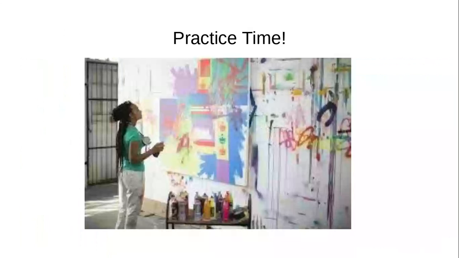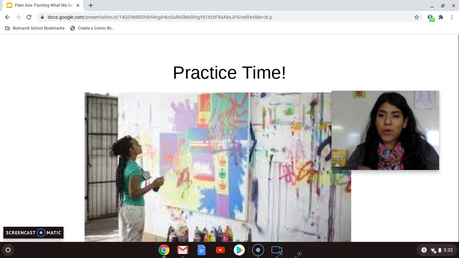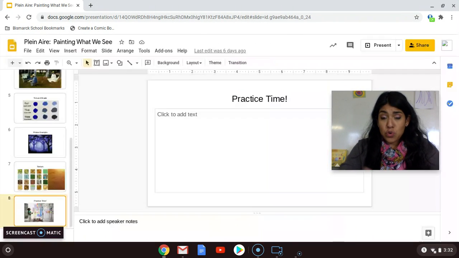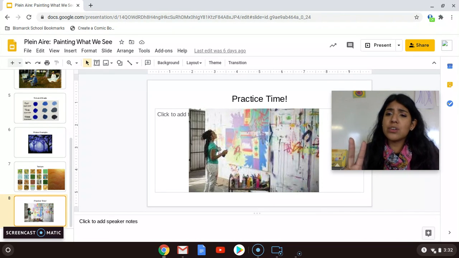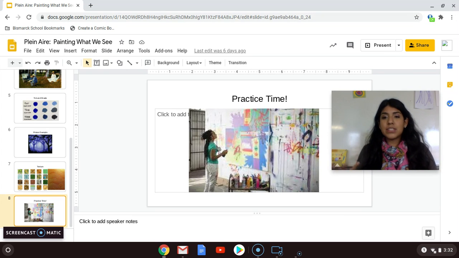So practice time. This is going to be the moment where we practice how to mix our tints and our shades. That way we are able to do that before we go out into nature and actually try to paint trees and try to paint other things that we see out in the world as we sit outside. So I will post an additional video to show you how to mix those tints, how to mix those shades, and also how to create different textures to make things look like they're trees or they're grass or they're bushes or anything different of that